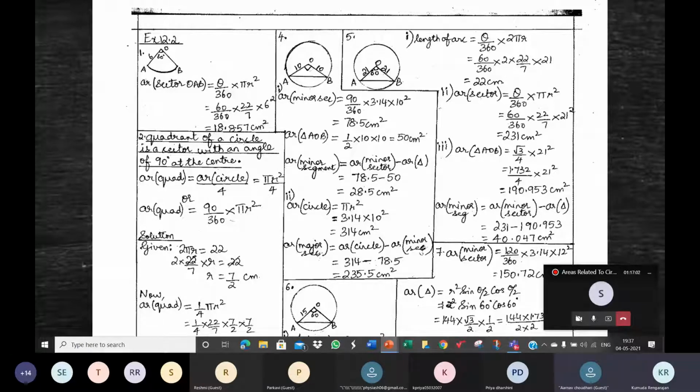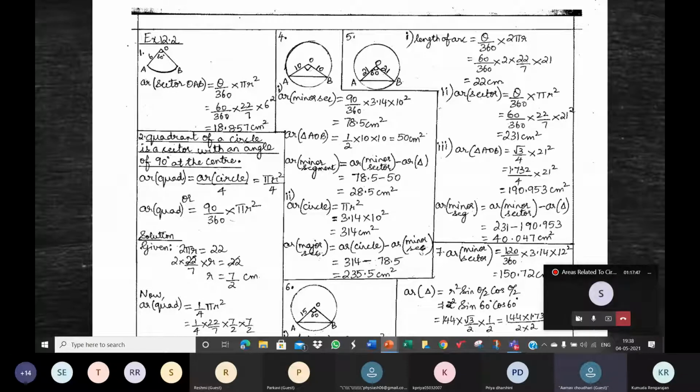Okay. So Arnav, angle AOB is 60 degrees. So in triangle AOB, angle AOB is 60 degrees. What is the sum of the remaining angles? 180 degrees. 60, 60, 60, I think so. No. See, one angle is 60 degrees. From 180, what is the remaining sum? 120. Okay. Is OA equal to OB?